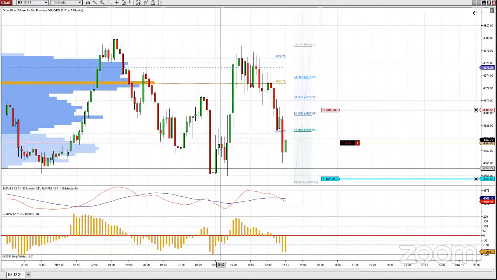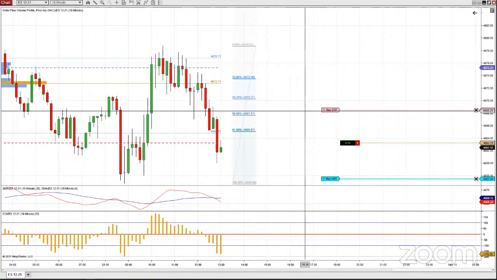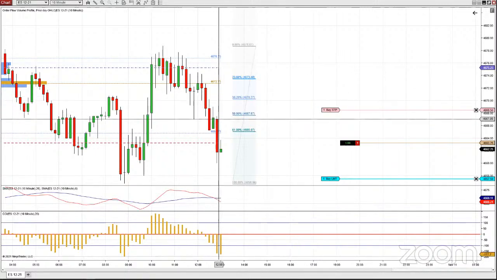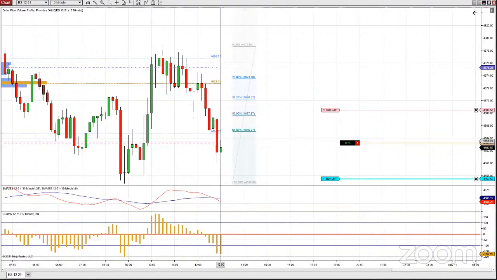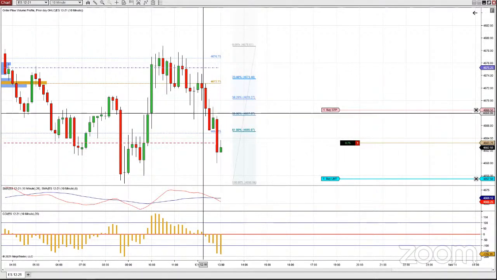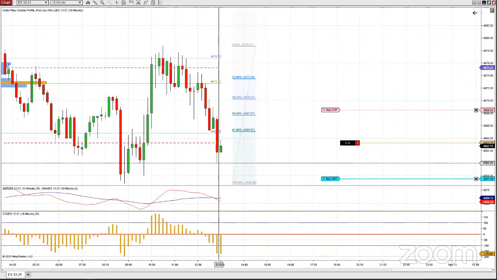But there's the trade setup now, and you can see we're risking 5 handles to make 5. So there's symmetry on this one, but I wouldn't use that as a regular rule of thumb. I want to look at the candles in particular. Right now our stop is way above the high of this candle. We have a series of lower highs, lower high, lower high, lower high. Very, very bearish. Lower lows, a little bit of a hiccup, lower lows.